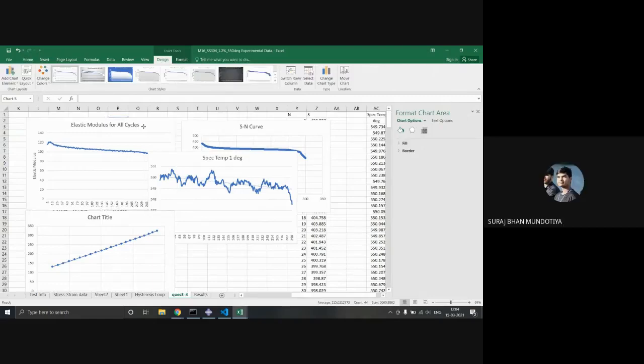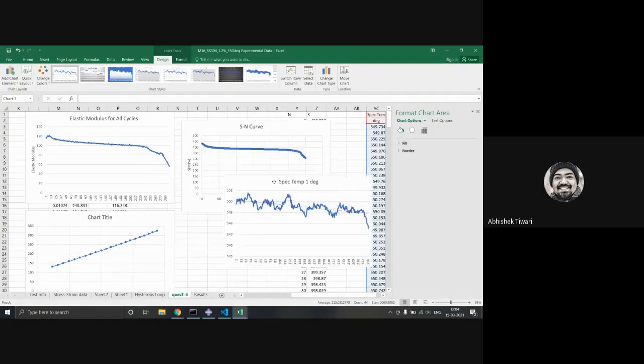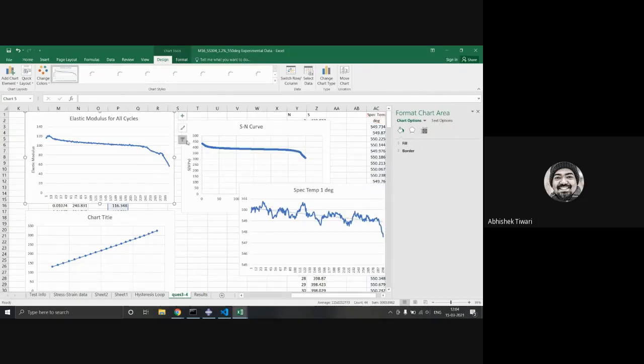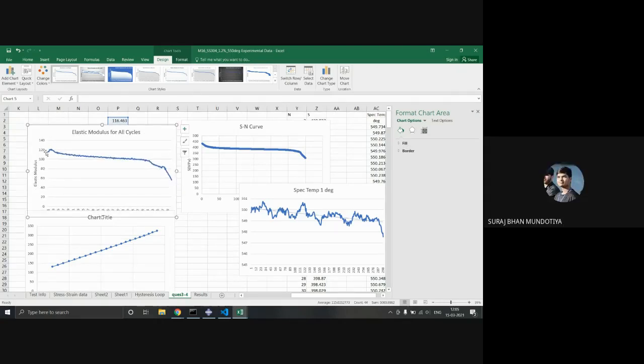Yes, sir, this one. Why is the elastic modulus increasing? No, sir, it is decreasing. Initially it increases a little, then decreases. The results are also like that.